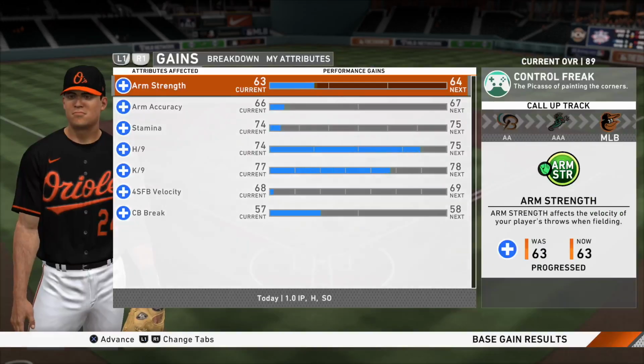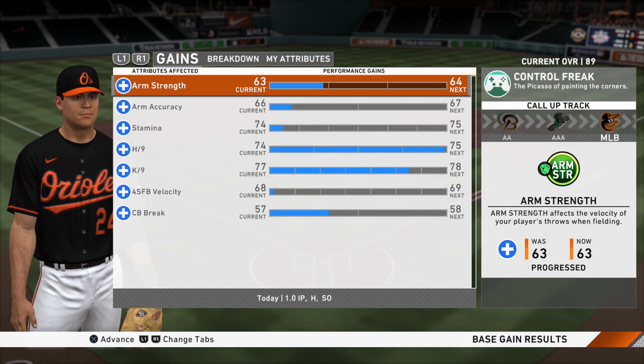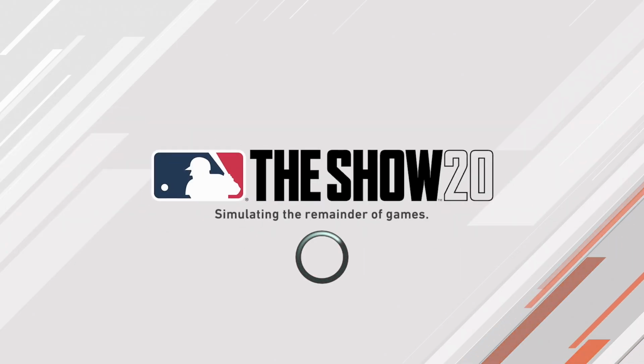A 5-0 finish tonight. The Baltimore Orioles rode an important 6th inning to victory in this one. Andrew Moore earns his 5th win of the year. So that just about...